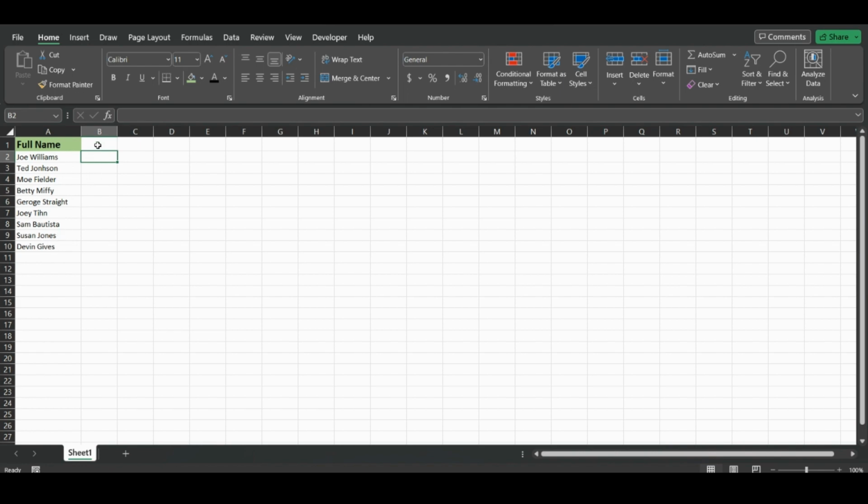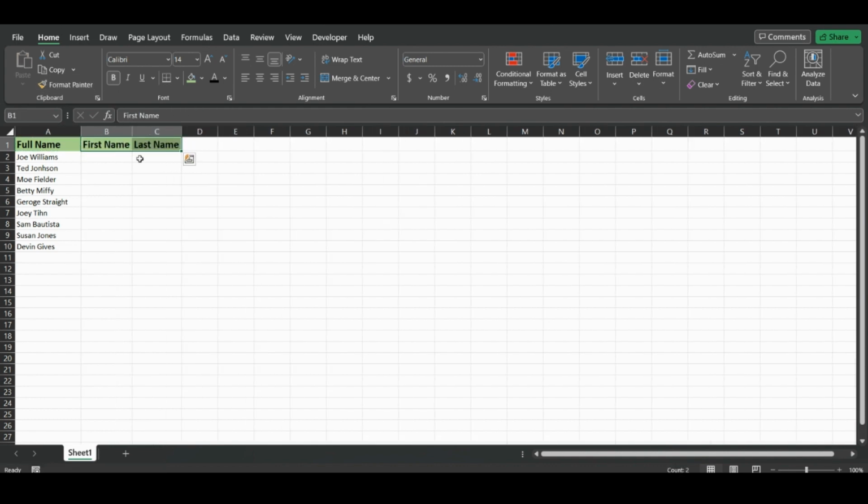So we'll just start by creating a column for their first name and one for their last name. And then we can just format paint this over, and there we go. So how we're going to go about splitting this is we're going to type equals, and